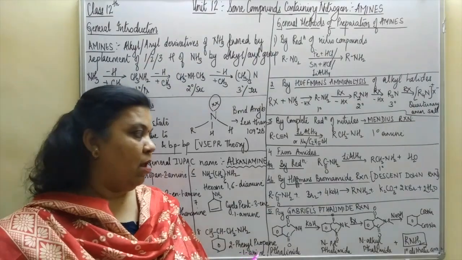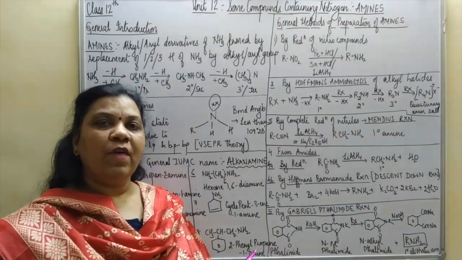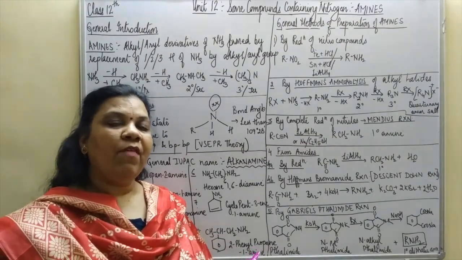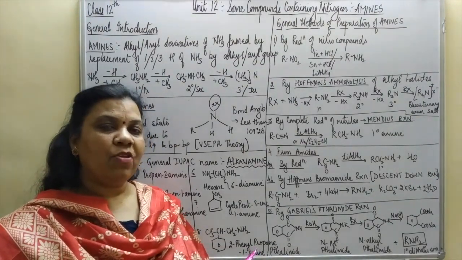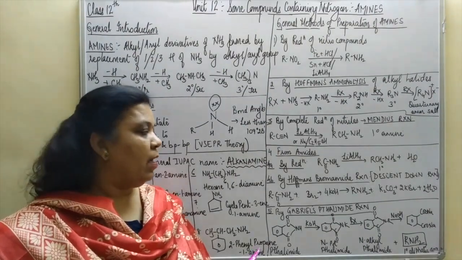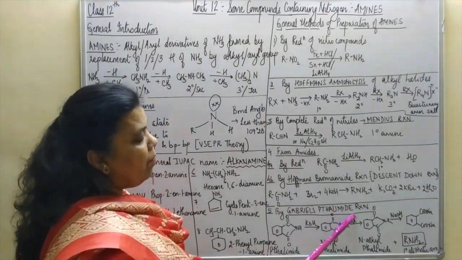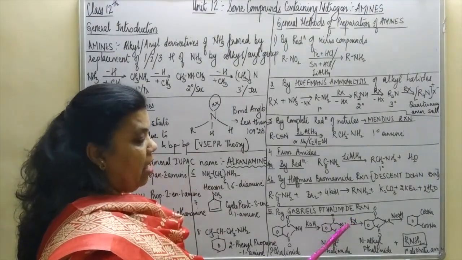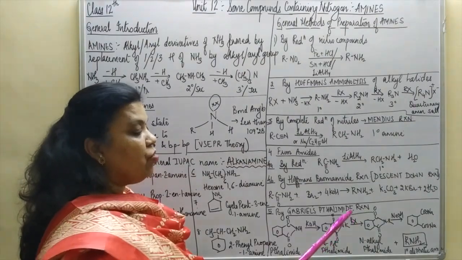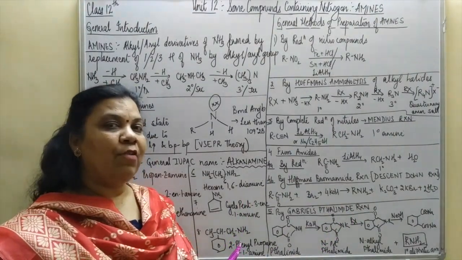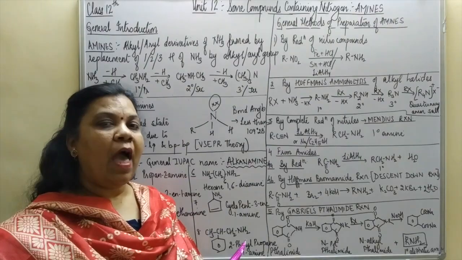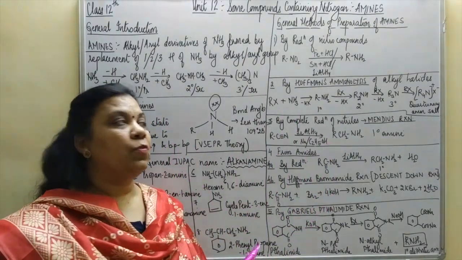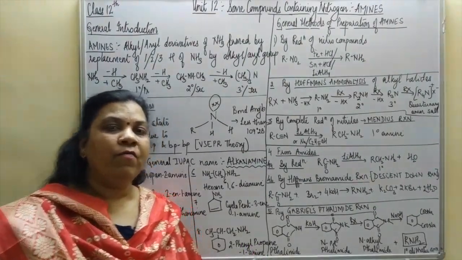so we can only prepare primary or 1 degree amines by this method. Now another question which is very important: why we can only prepare aliphatic amines by Gabriel's phthalimide reaction? Why can't we prepare aromatic amines? Now for the preparation of aromatic amines, what has to be taken is the aryl halide. And in aryl halide, there is a partial double bond character in the aryl halogen bond, making it strong and difficult to be broken. So these were the different methods to prepare amines, and now we will proceed with the